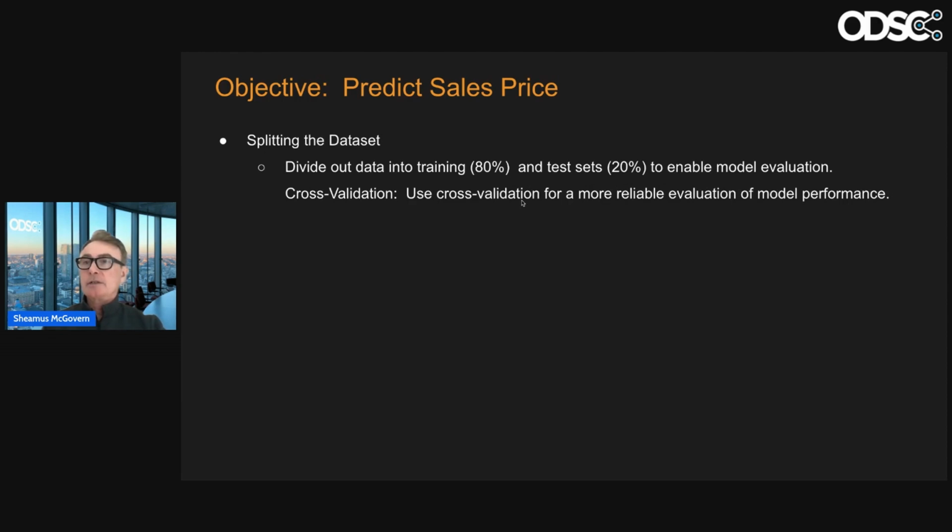But cross-validation is even better, because what happens if you had more outliers in this 20% than you had here, right? It's not going to perform very well. So what you do in cross-validation is mix and match the set. On the first run, this will be the first 800 rows, and this will be the last 200 rows.